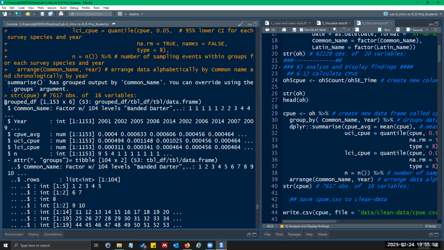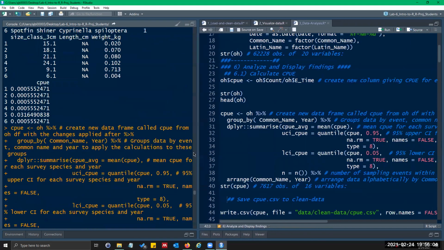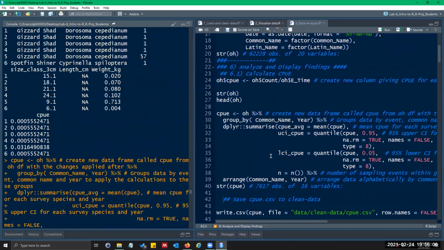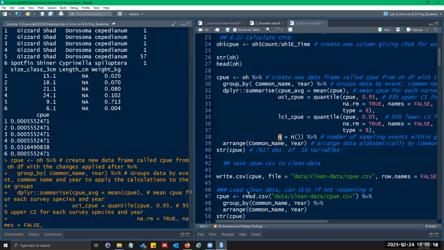It's a grouped data frame now. And I only have my common name, my year, and those 4 variables I created. Common name is still a factor. So that's what I expect, because it's going to get rid of everything that's not used in this new data frame.